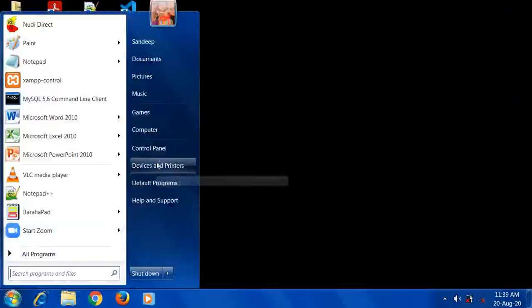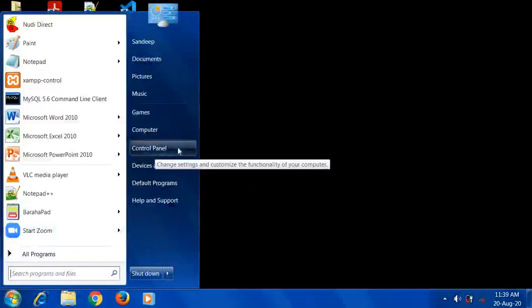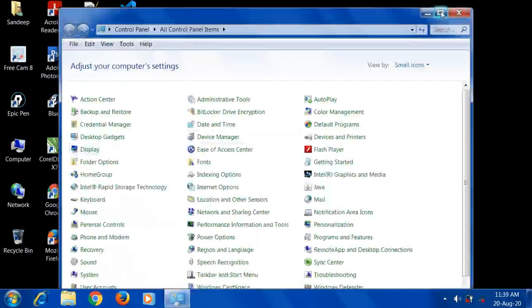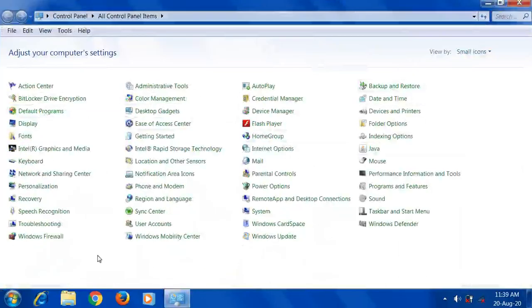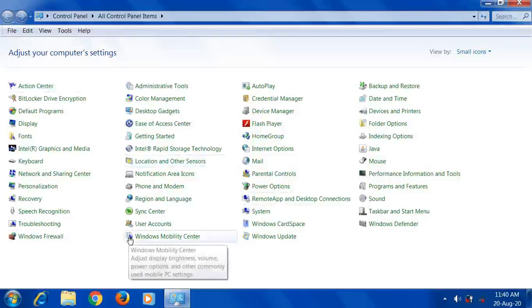Then one more most important option is the control panel. Control panel is mainly used to control or change the settings of your Windows. These types of options are given here. If you want to uninstall any programs, change the display settings, font settings, or set the network settings, so many settings are given in the control panel. Keyboard settings, mouse settings. So here the list is given. By using this list, you can manage the settings, and as per your requirement, you can change them. I am not going to show you how to change the settings. I am just showing you these options in the control panel.